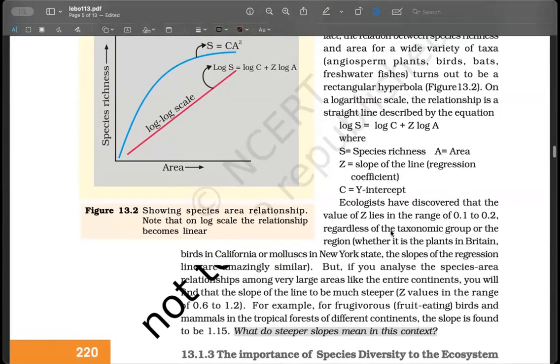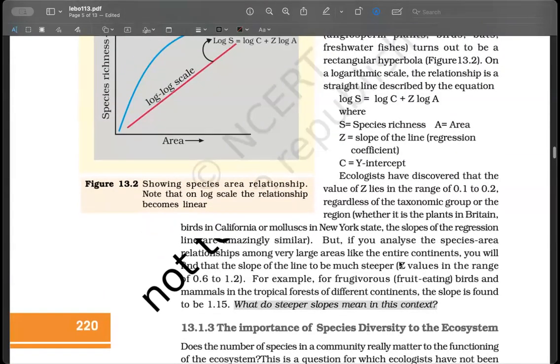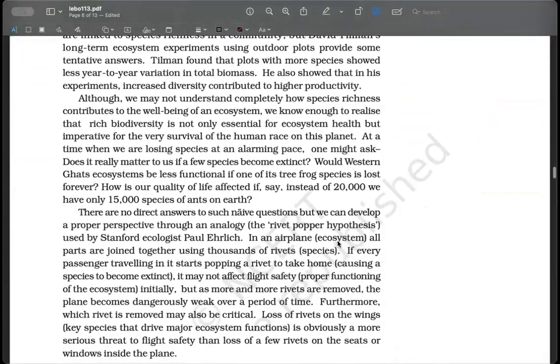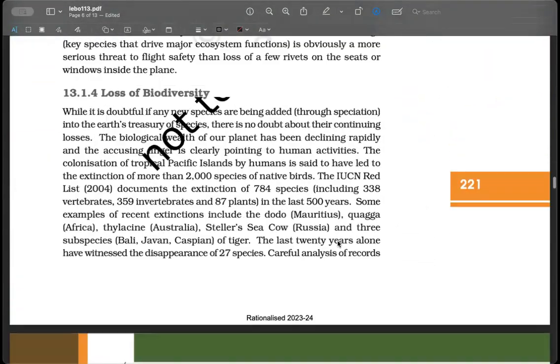And you just remember that as we keep on increasing the area that we are studying, the z value gets bigger and bigger, and the slope of the line becomes steeper. So we're talking about this log scale slope here. Okay. Are these two things clear? Yes. These were the major concepts in this chapter. If that's clear, then we are good to go with finalizing this chapter.